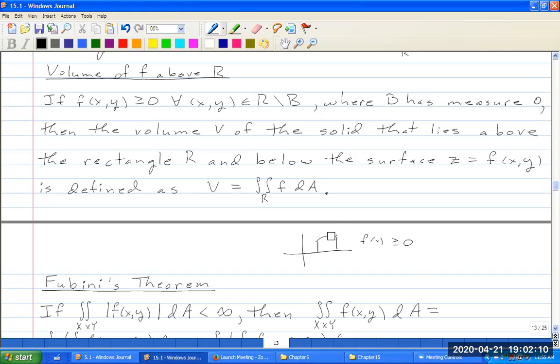Okay. Now, if I happen to look at a function of more than one variable, I don't know if I can do this, but